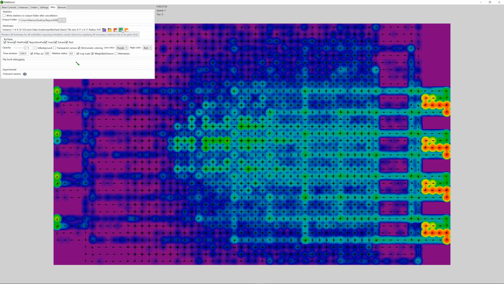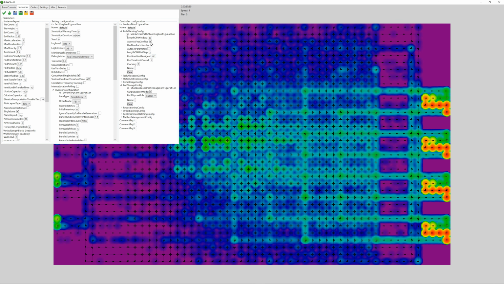These other icons are actually for rendering many heat maps at once, and also time windowed heat maps. So we can specify a time window, and then you would have a heat map for every 20 minutes, for example, for a simulation. This is meaningful if you switch the mechanism for maybe the pod storage rule over time. So if you start with a random rule and then go over to the nearest rule, you could do this by specifying